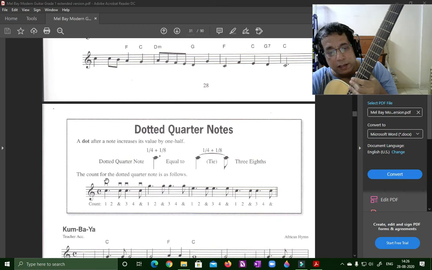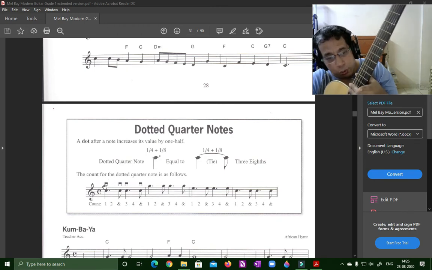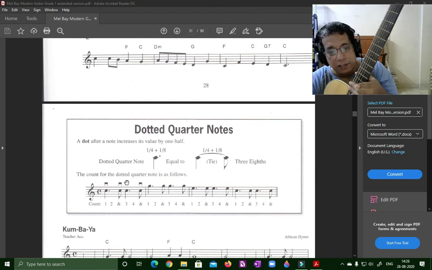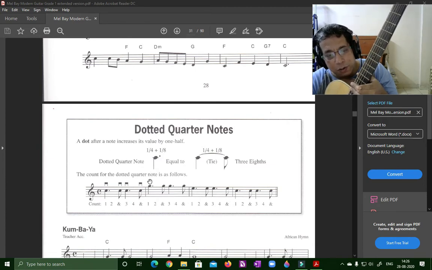Just look at the cursor, how I'm jumping. 1 and 2 and, now this is on the third beat, 3 and 4 and. Okay, then it continues, 1 and 2 and 3 and 4 and. It's the same way it continues.